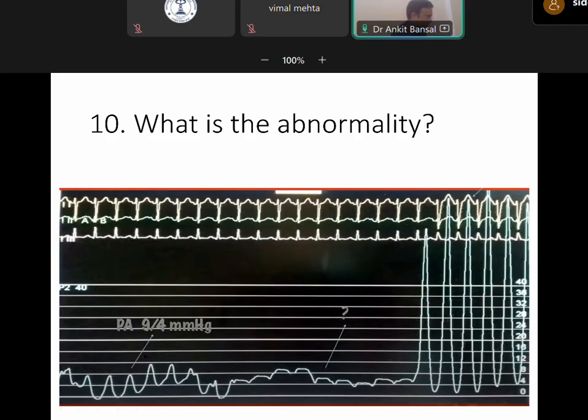Don't just give the diagnosis. So this is the